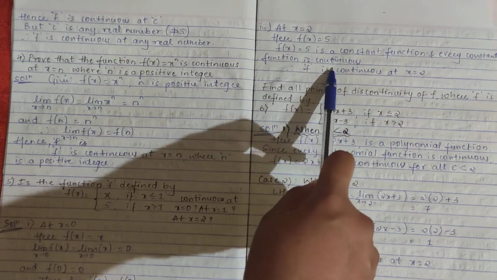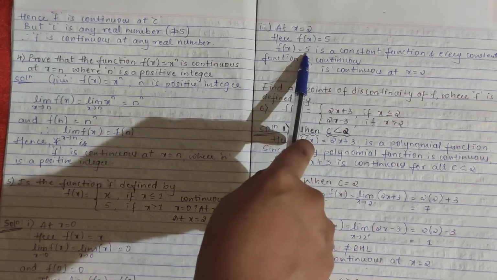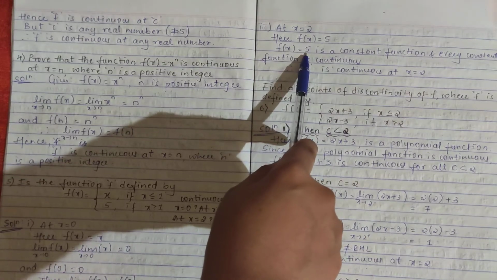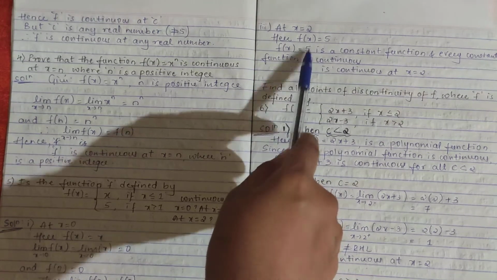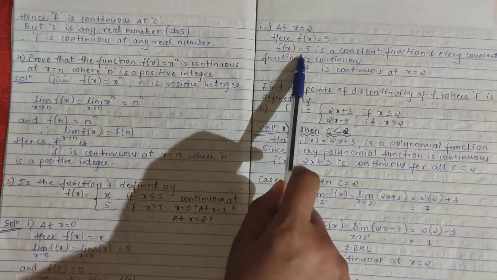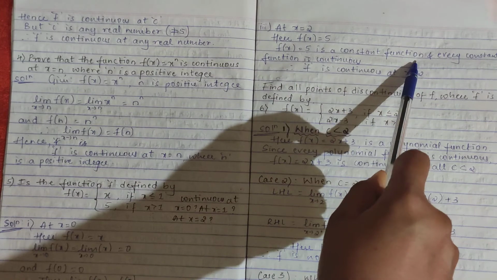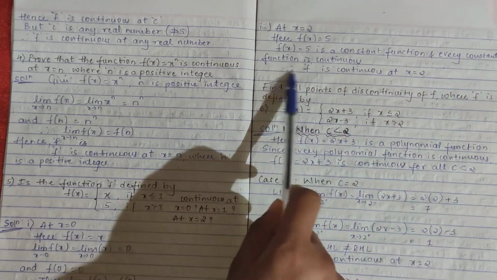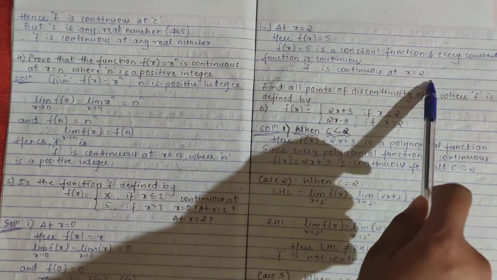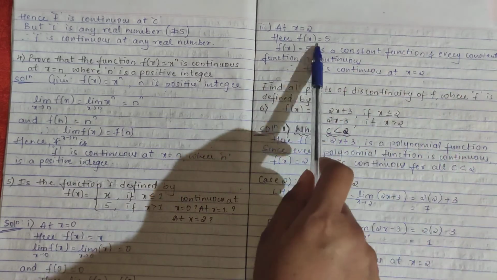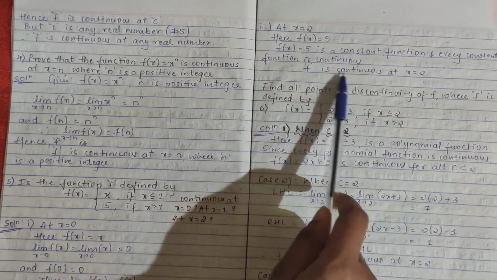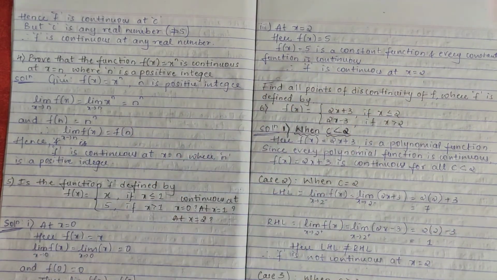I have given you the theorem, right? So this f of x is 5. Here we don't have any x, so we can't put a limit or check at that point. It doesn't make any difference. So directly I am writing here f of x equal to 5 is a constant function, and every constant function is continuous. Therefore f is continuous at x equal to 2. This is your theorem. If you have a constant function or a polynomial, you can directly write it, because we have proved the theorem.